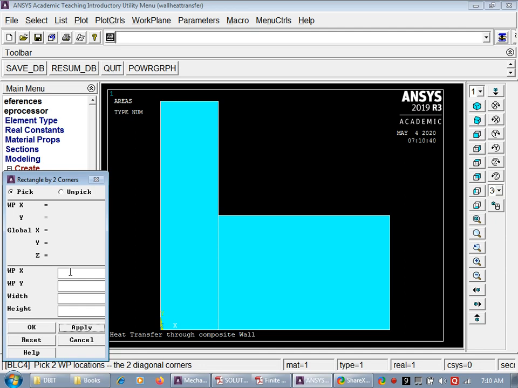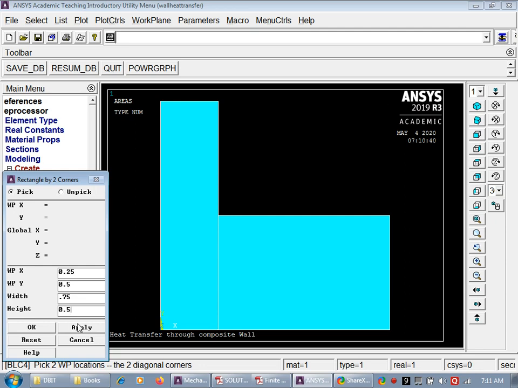And then again 0.25, 0.5, then again width 0.75, and height is going to be 0.5. So this corner is 0.25, 0.5, and this corner is 0.75, 0.5.